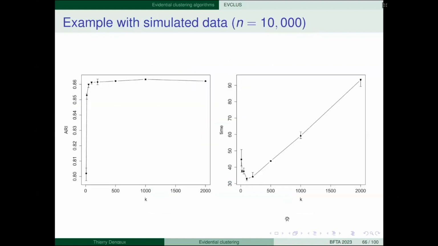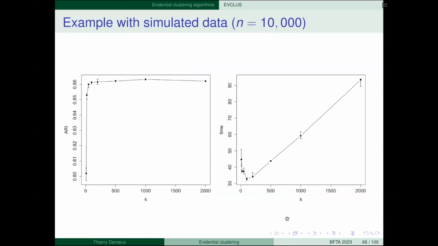So here we have some simulated data with 10,000 objects. Here we see the adjusted RAND index. It's another measure of the quality of a partition as compared to the ground truth, as a function of k. And you see that with as few as maybe 200, okay, k as few as 200, we can get a partition as good as if we take the whole matrix.